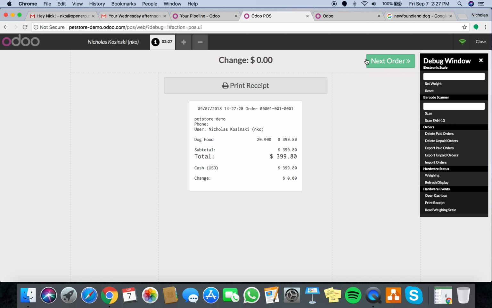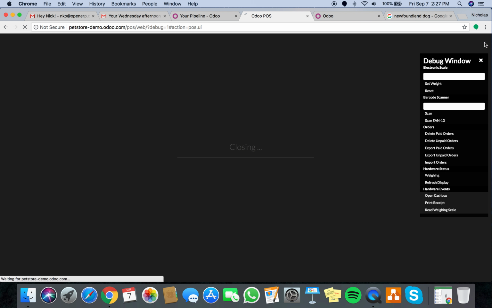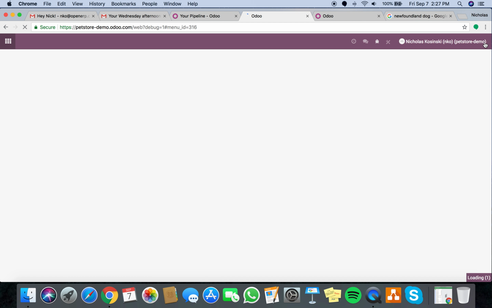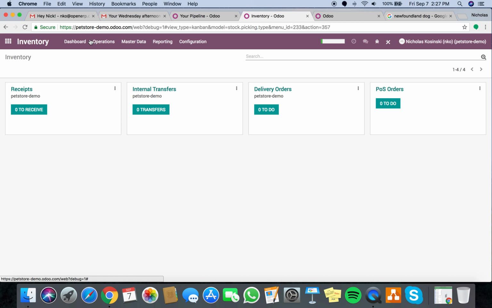Validate it. There's my receipt that prints. Next order. Once I'm done, close it, confirm. And again, if you have credit card payment hooked up in there, it'll also allow you to pay by credit card. So what we're looking at now is, if I go into my inventory, if I go to reporting,